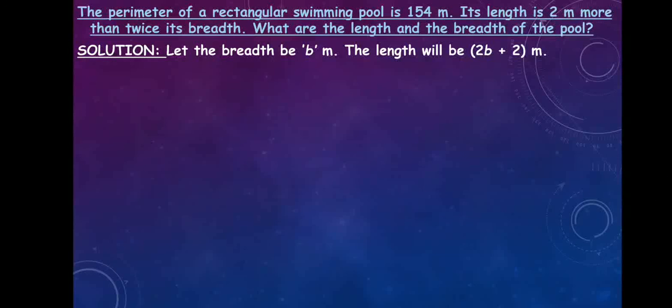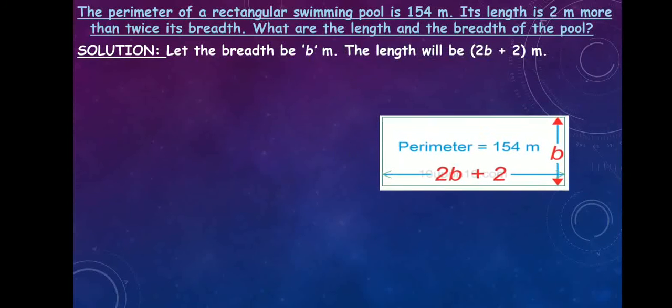That means L, for length, is equal to 2 plus 2 times the breadth. If I suppose that the breadth is b, then the length will be 2 plus 2b, or we can say 2b plus 2 also. So you can see in the figure, if the breadth is considered as b, the length will be 2b plus 2. And in the first line of the statement, we are already given the perimeter.